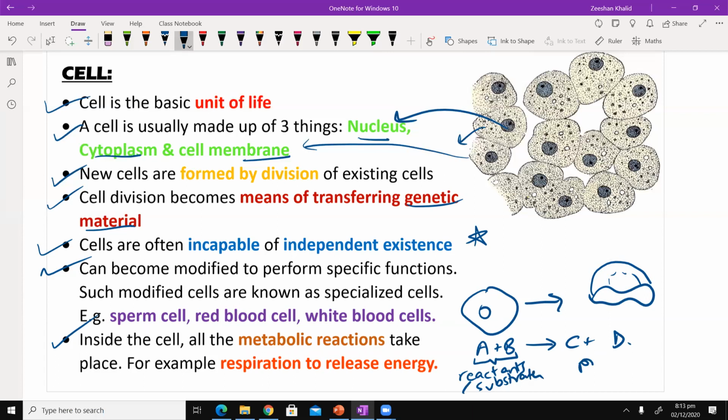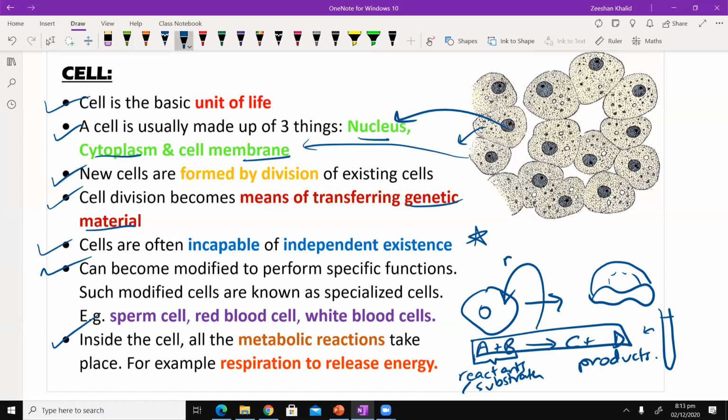And then finally, you have the products. So this is what a typical chemical reaction would look like. Now, the thing that I'm trying to explain is, for example, if you're sitting in the lab, you have a test tube and you're doing this experiment in a test tube, maybe you can call this thing a chemical reaction. But when a chemical reaction, now listen to me carefully, this is important, whenever a chemical reaction is taking place within a cell, within a living cell, you don't call it a chemical reaction anymore.